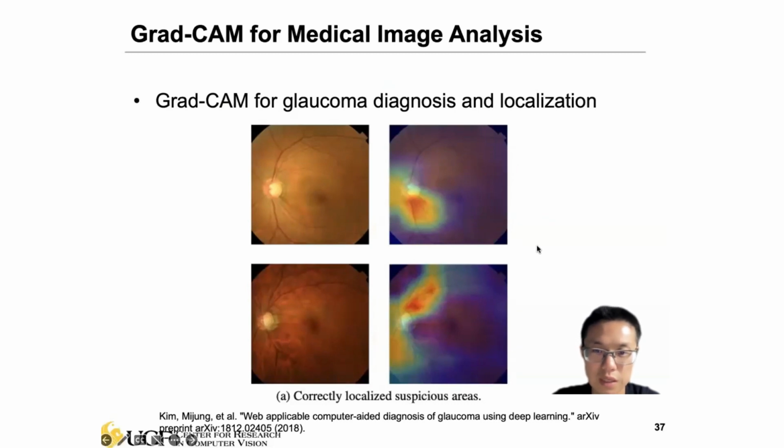Okay, so this is very important in medical image processing, right? A lot of the time we have to explain or try to understand why the model classifies this as a tumor, or maybe classifies there is some anomaly. So we can look at the pixels or the most active region this network is focused on.